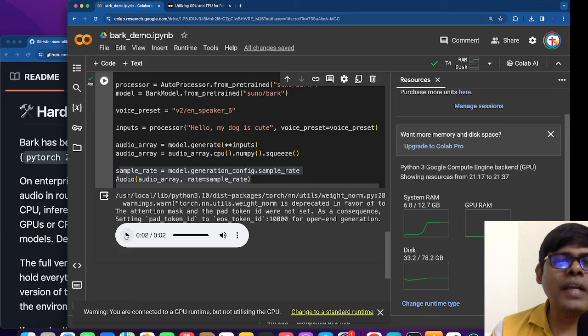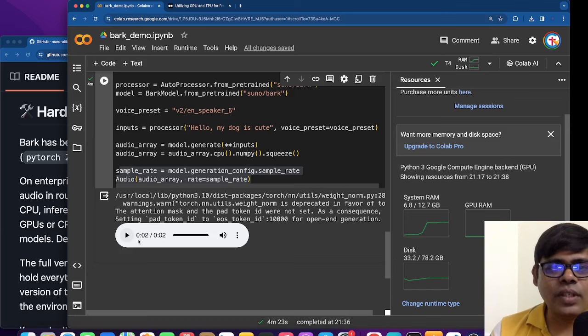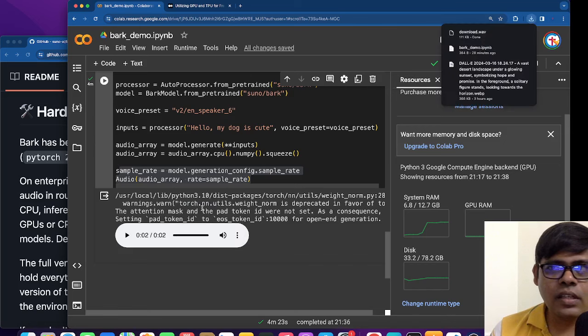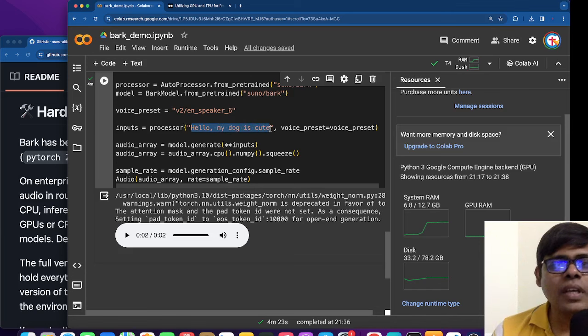I'll keep that downloaded and keep it in a link so that you can see how it got generated. Let us download it. Yeah, I downloaded this .wav file and I'll keep it in the link. It nicely actually spoke. And now